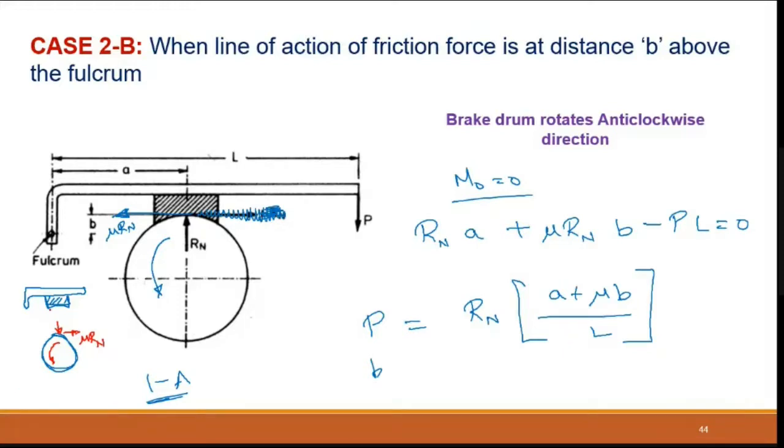When you consider your fulcrum, it has to be in an equilibrium state, so the reaction is opposite. It will be like this. This is your Rn, opposite to this, and mu into Rn. That's why I am writing like this. Can you get it? Yes, sir. If I draw a free body diagram separately, you can get it. We are showing this diagram only for the lever, not for your drum. We are concentrating only on the lever.